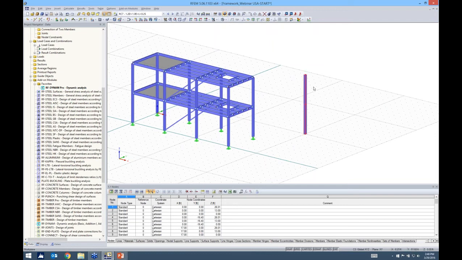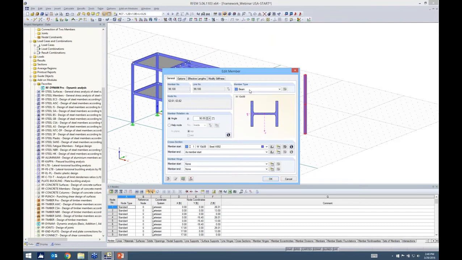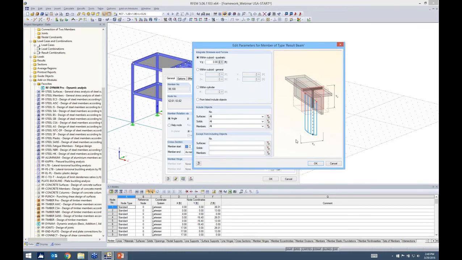I'm going to right click, edit my member, and then under member type, the typical type is beam, but we have several other options here, of course. But one of the options is a result beam. And if I further clarify some properties here, I can go ahead and define what exactly entails in my result beam. This is going to integrate stresses and forces, and what I'm going to choose is from listed include objects. And what it will do, it will integrate all stresses and forces for all my surfaces, all my solids, even though that's irrelevant in this case since we don't have any solids, and all my members. So if I go ahead and hit OK,